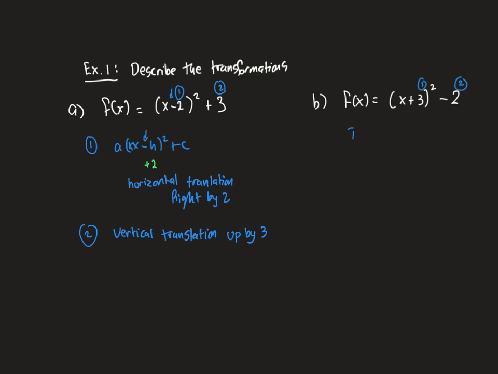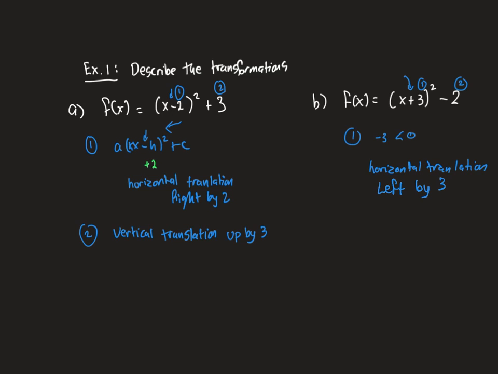Taking a look at the second one, well, you have a plus this time here. And remember, from my original form, it was a negative. What could possibly turn that into a positive? Well, another negative. So that's not really 3, that's -3. -3 is less than 0. So because it's less than 0, in this case, I'm saying this is a horizontal translation, left